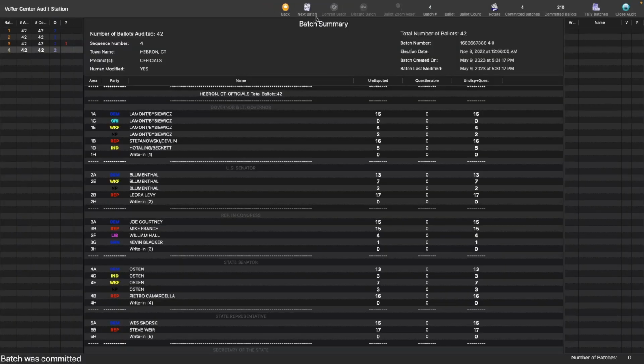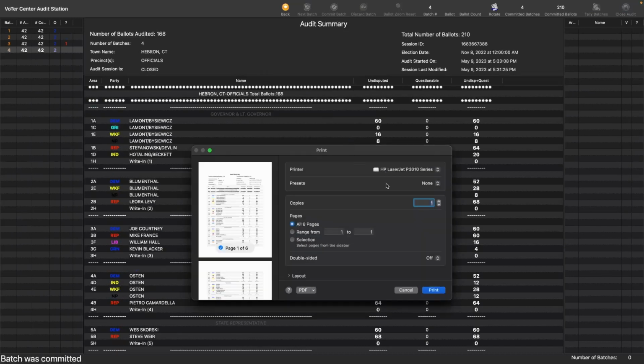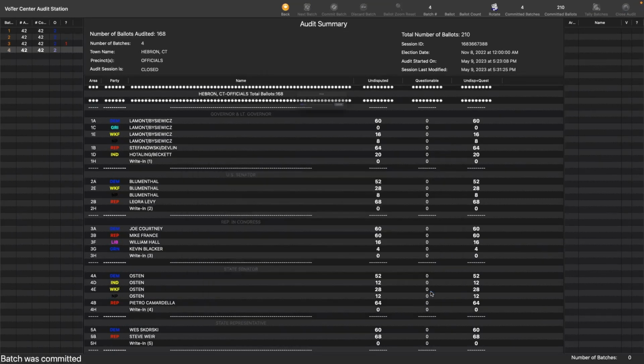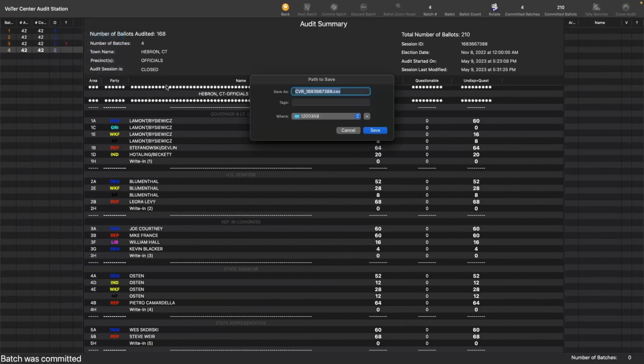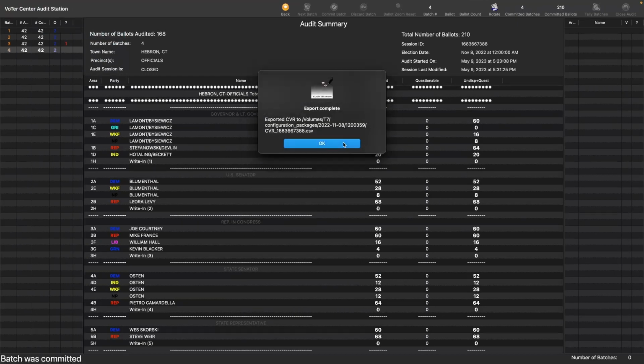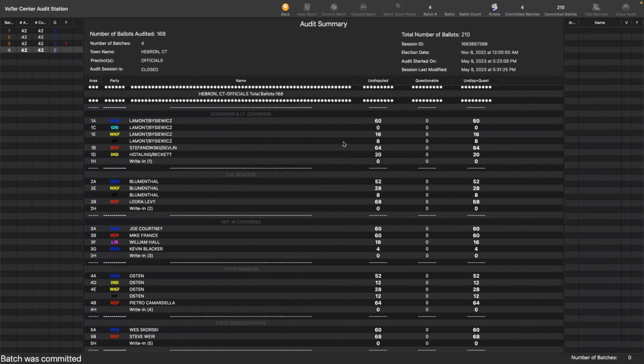Once all batches have been scanned, we can close the audit. Note, once the audit has been closed, no ballots may be rescanned or added to the audit. We can print a report containing the vote tallies for all candidates on the ballot and any questions. We can also export a comma-separated value file containing all cast vote records for ballots in the audit. This is particularly useful when conducting a